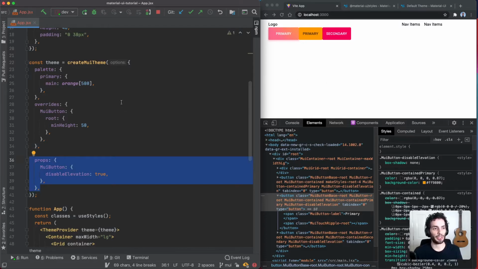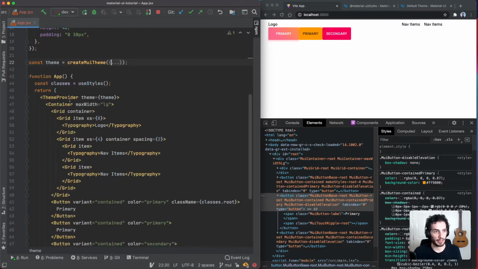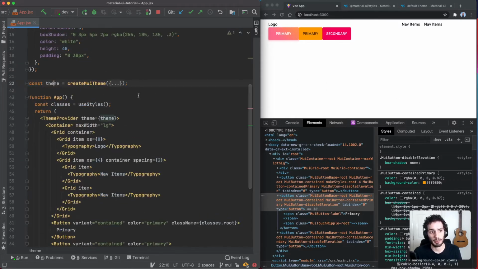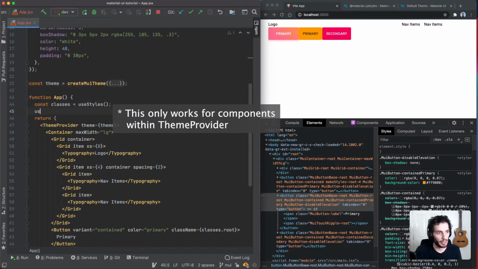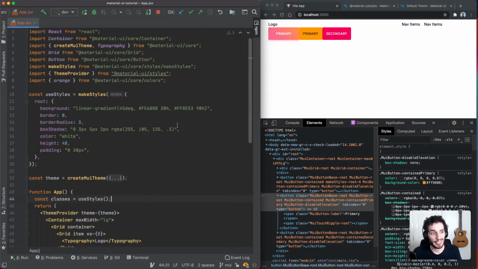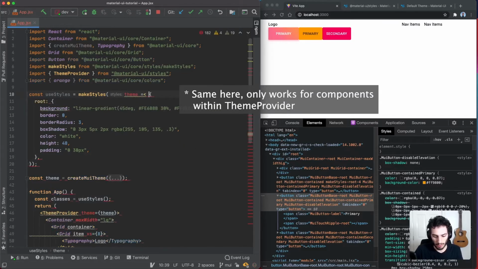So this is generally how you go about customizing the theme, and the theme itself can basically be accessed anywhere within the app. Again, it's just a provider, so I can use the useTheme hook to access it within a component. And even while I'm doing my style sheets, this could be updated into a function. So I can do a function that takes in theme,